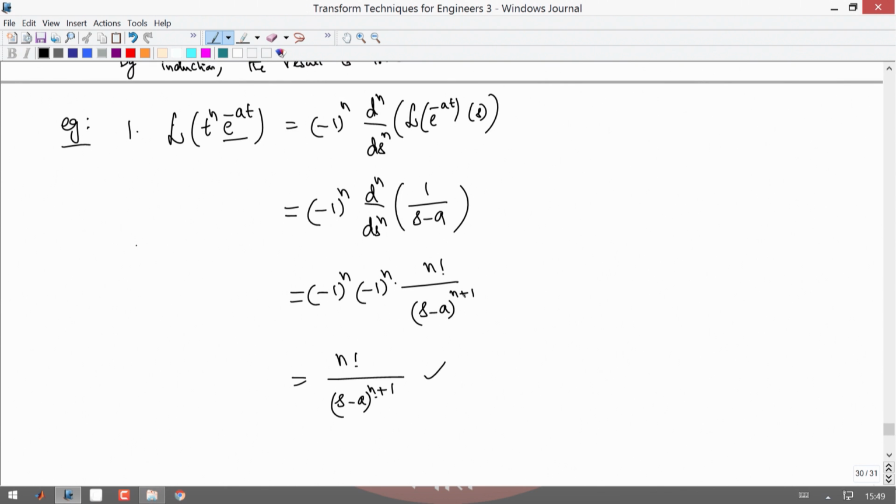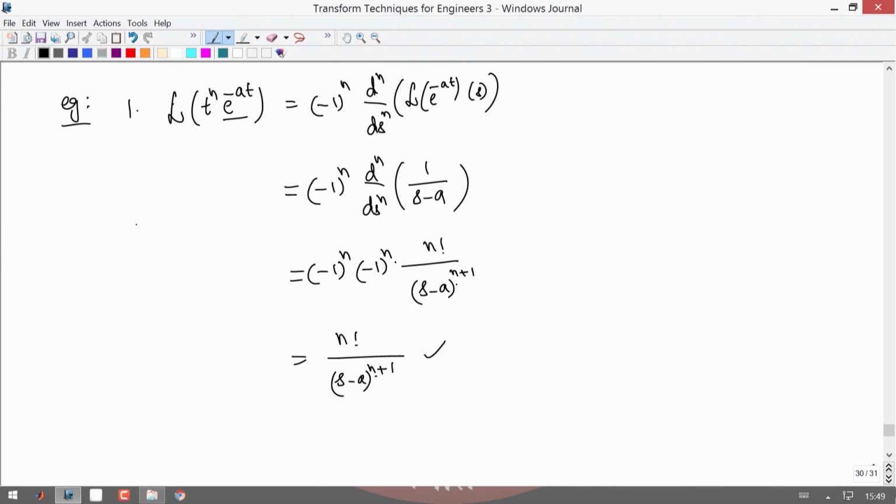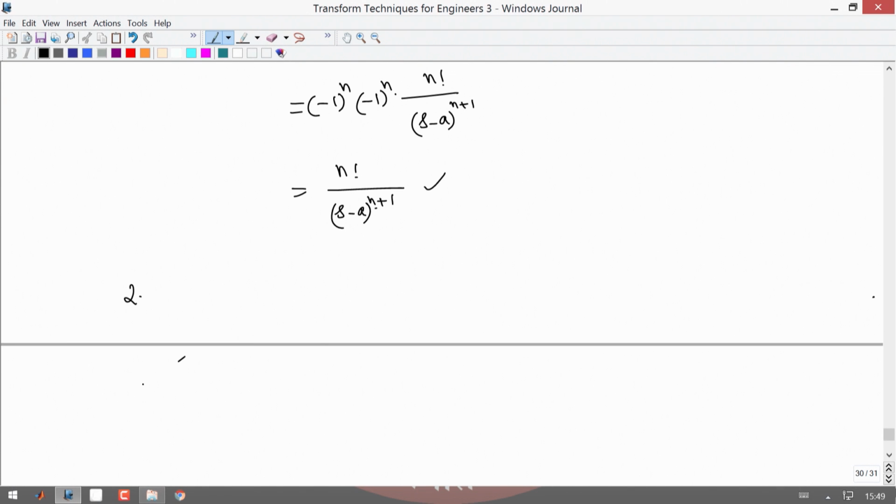So, if you have t^n multiplied with a known function whose transform you know, you can easily work out the transform of the product of these functions. Let me do some more examples. One more example, you can think of the Laplace transform of